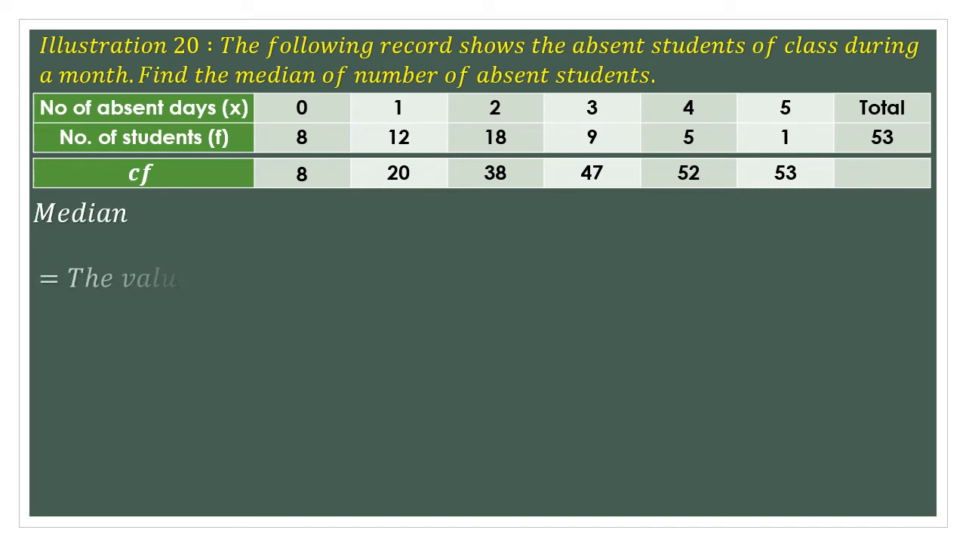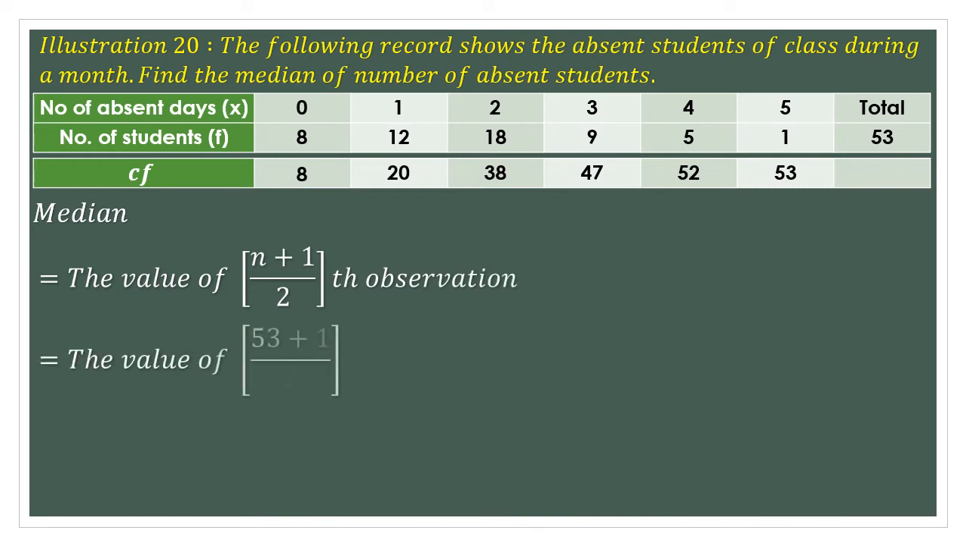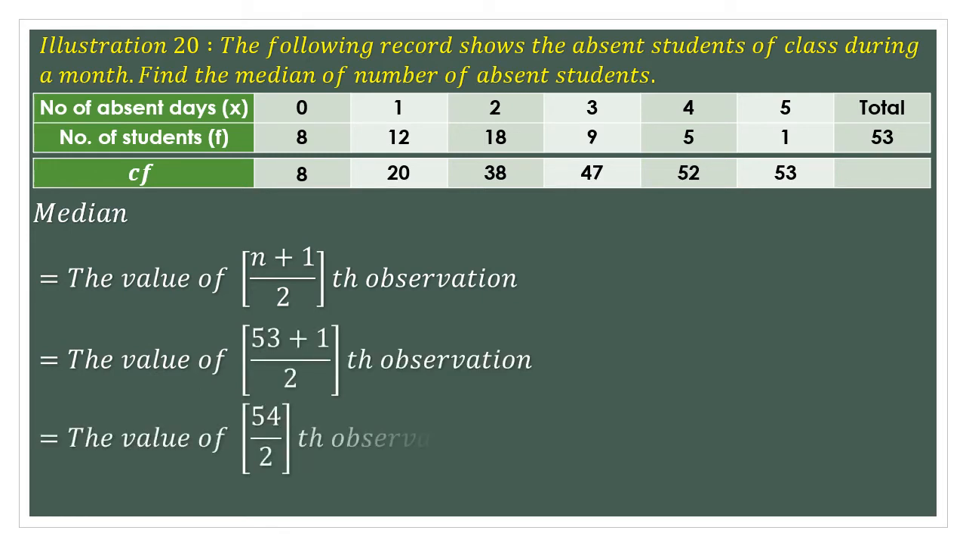Median here is the value of n plus 1 upon 2 observation, and the observations here are 53. So 53 plus 1 upon 2 observations, that would be 54 upon 2 observations, and that is the value of 27th observation. Now the 27th observation you are supposed to find in the CF column. How we are going to do that is